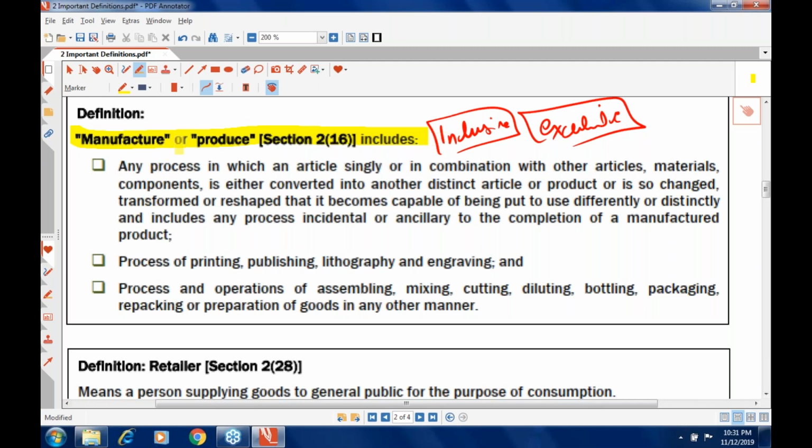So it says manufacture or produce includes any process in which an article, singly or in combination with other articles, materials, components, is converted into another distinct article. So that's the definition of manufacture. What exactly do you mean by manufacture? Now, why is this definition important? The reason behind that is,